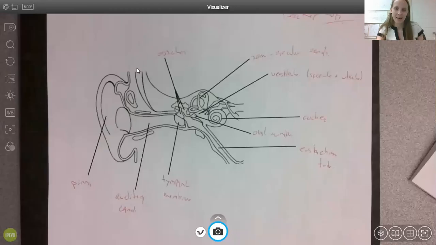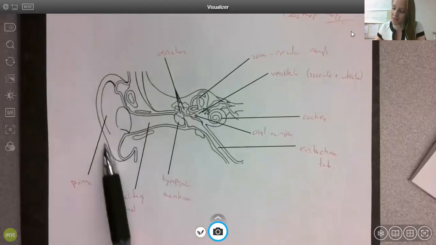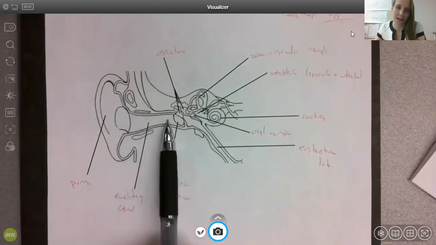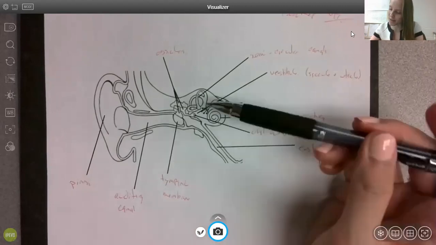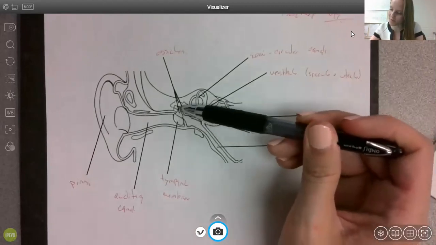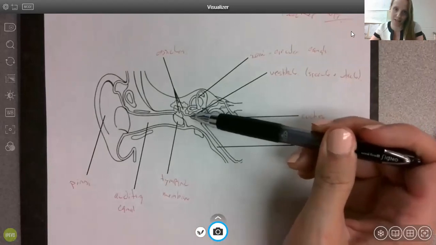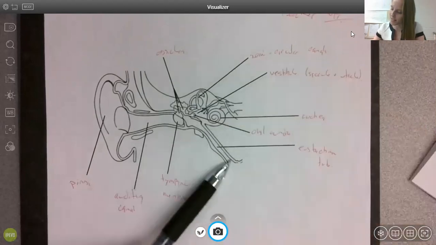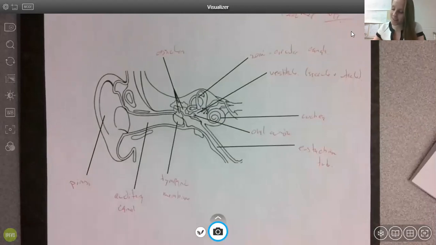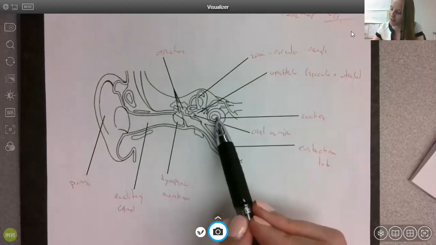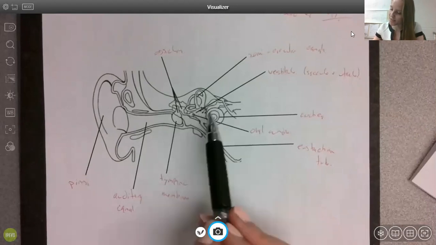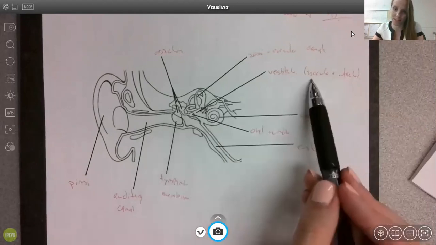Okay, let's switch over to my document cam for one last picture here. This is just one last diagram of the ear. Again, we have the outer ear, which is made up of the pinna and the auditory canal. Then the middle ear, which is made up of the tympanic membrane, the 3 little ossicles, and then the oval window, as well as the eustachian tube. And then the inner ear, which is made up of the cochlea, the semicircular canals, and the vestibule, which contains the saccule